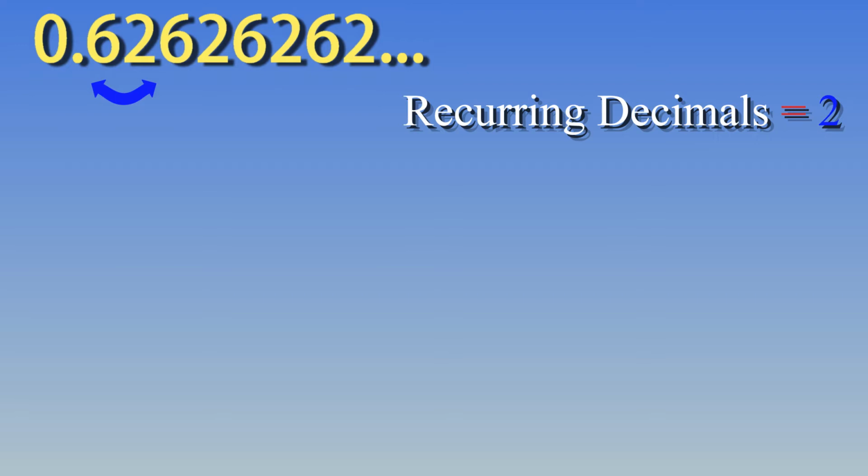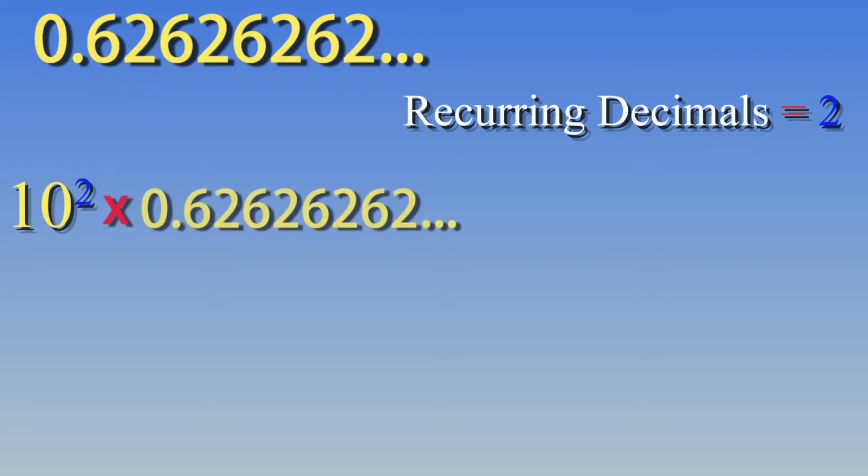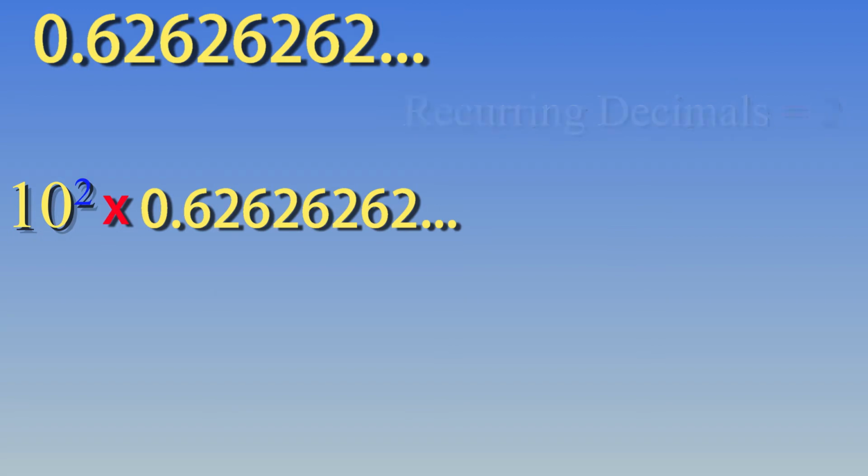In step 2, we take 10 to the power of the number we got in step 1, so 10 to the power of 2, and multiply it by the recurring decimal. That gives us 10 to the power of 2 times 0.62 recurring. Since 10 to the power of 2 equals 100, we can rewrite this as 100 times 0.62 recurring. This shifts the decimal 2 places to the right, giving us